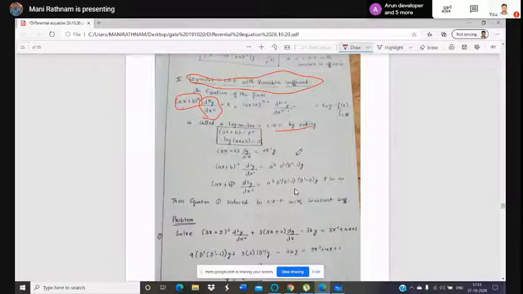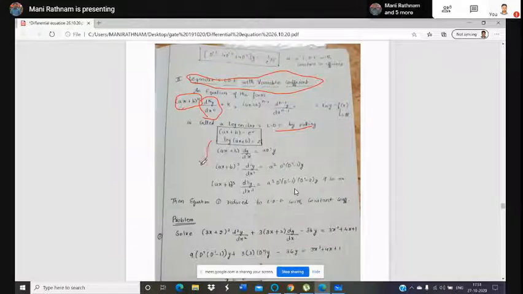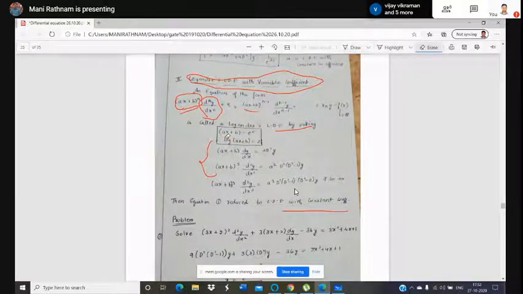And here also, this equation cannot be evaluated directly. So with the help of these substitutions, we convert into a constant differential equation. So how to convert it? The previous Cauchy's type, the variable is x, so we have to take x equal to e power z. Here each and every term contains ax plus b, so you have to take ax plus b as a variable and assume that it equals e power z. And taking log on both sides, log of ax plus b equal to log e power z, which becomes z.